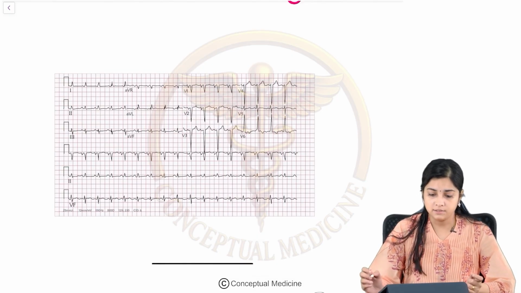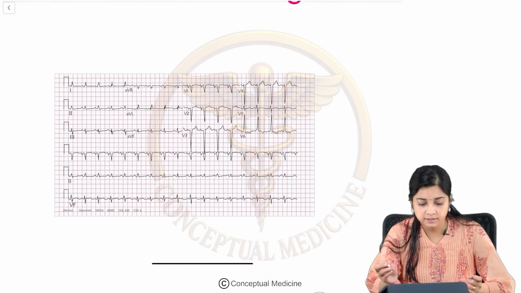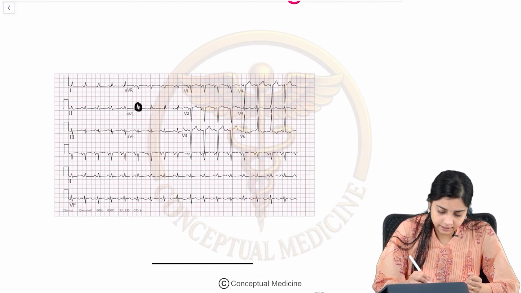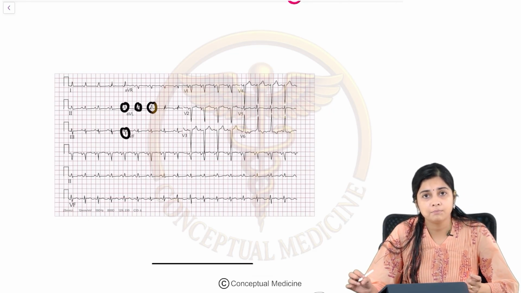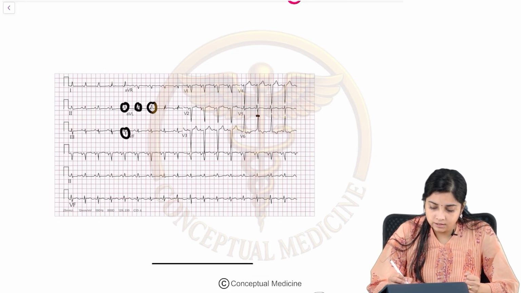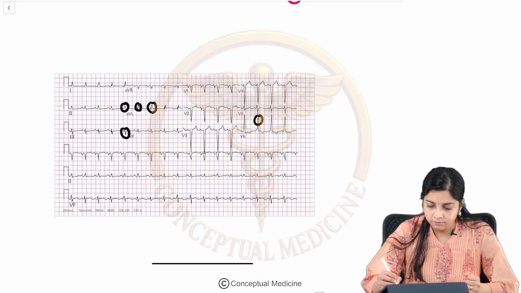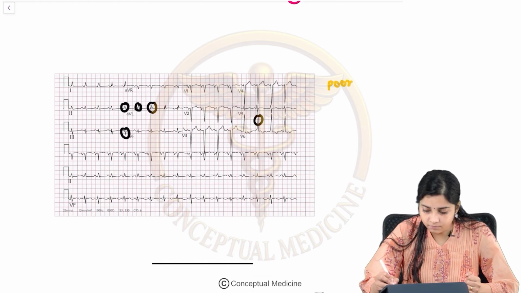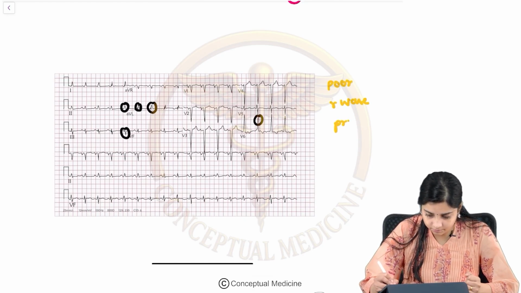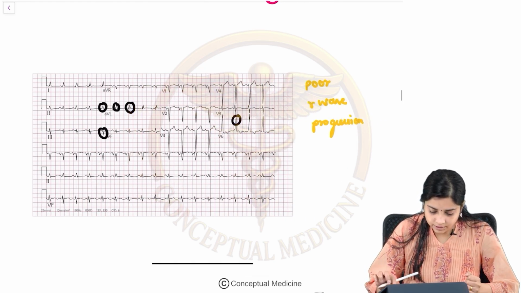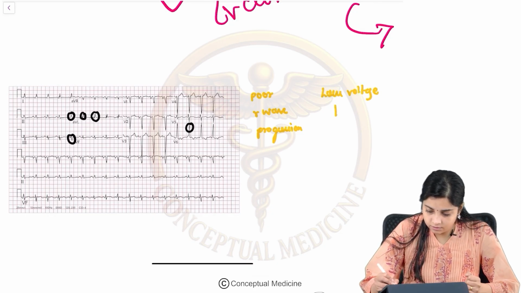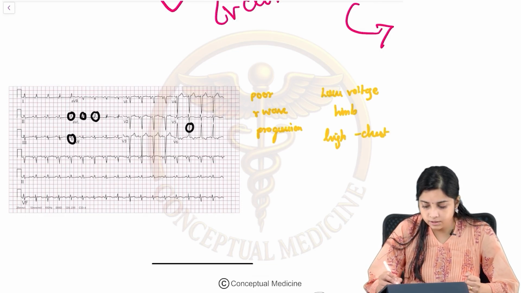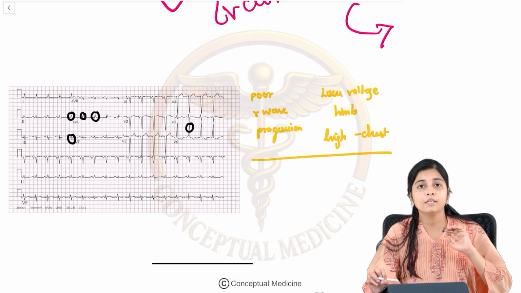The first investigation is your ECG. So, what are you finding in this particular ECG? You are saying that there are low voltage complexes in the limb leads, and there are high voltage complexes in the chest leads with a poor R wave progression. Okay, so there are low voltage complexes in the limb leads and high voltage complexes in the chest leads with a poor R wave progression,